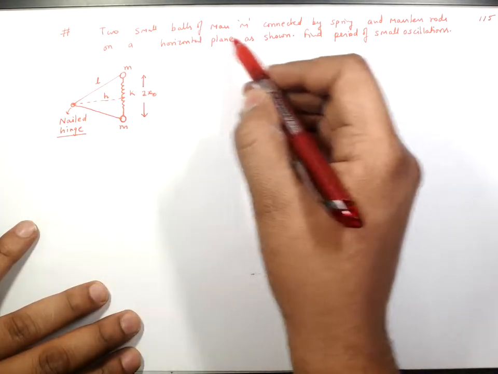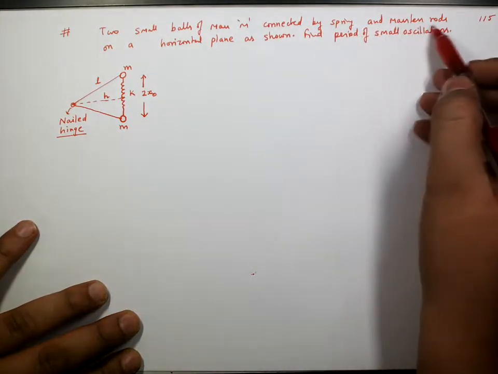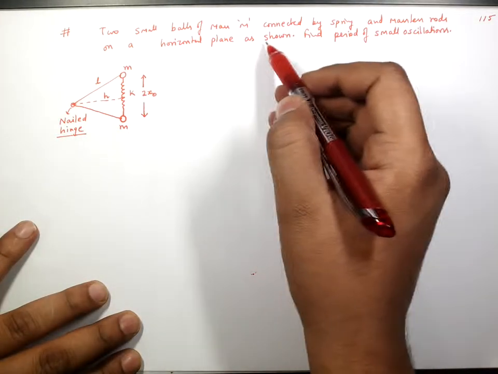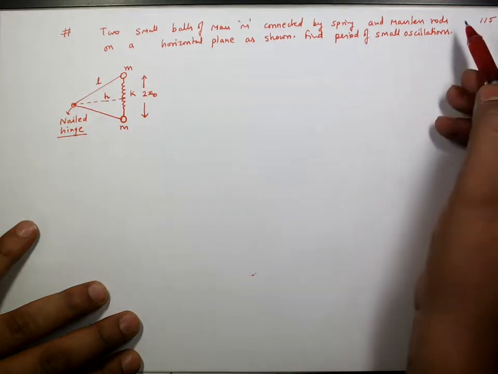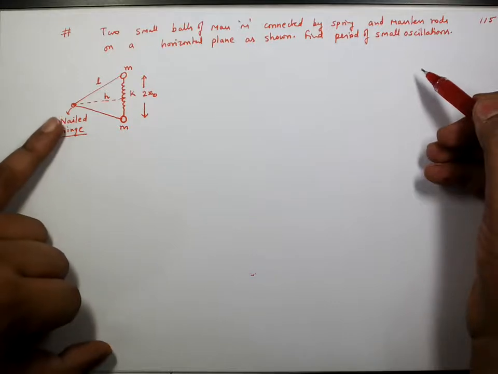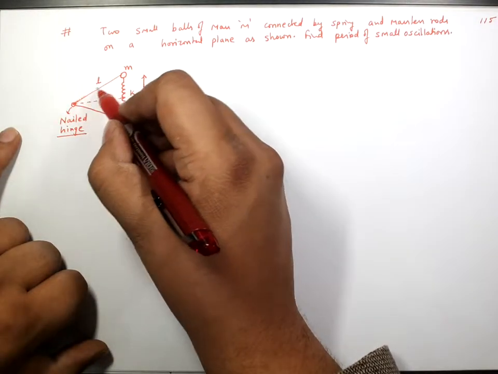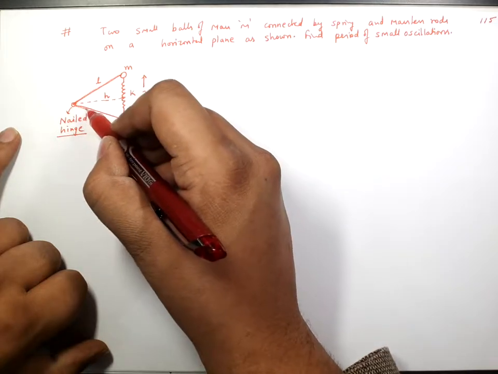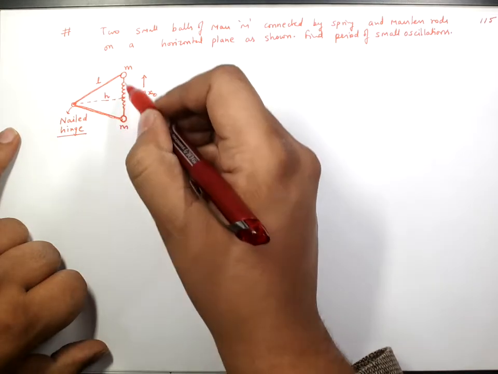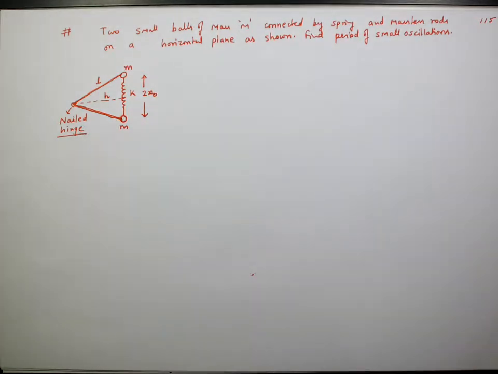We have two small balls of mass m connected by a spring and massless rods on a horizontal plane as shown. Find the period of small oscillations. So this system is on a horizontal plane. This is a nailed hinge, and these two are massless rods, and we have these two balls which are connected by a spring of spring constant K,